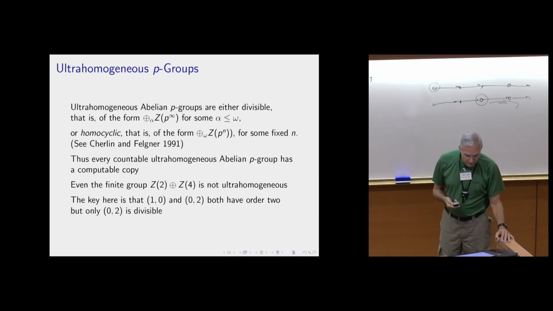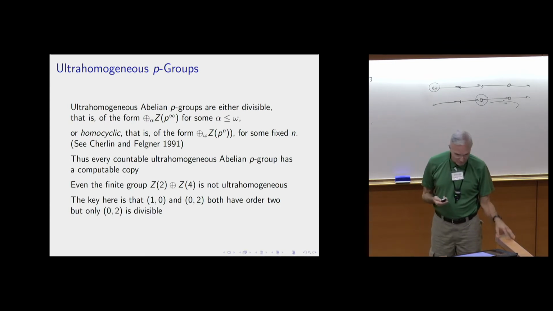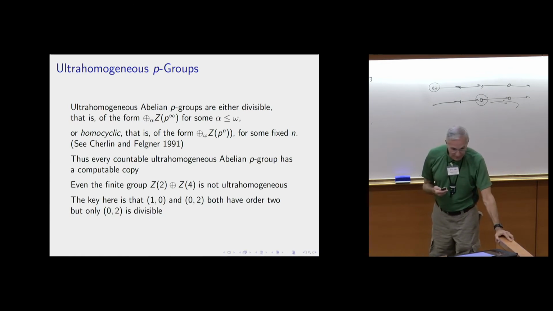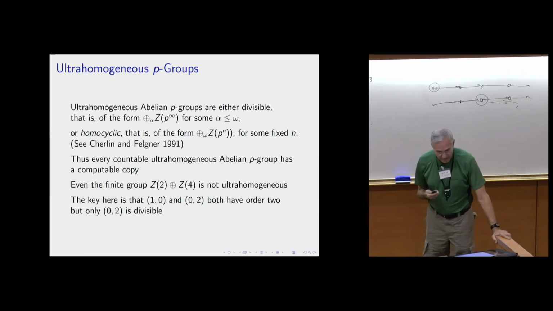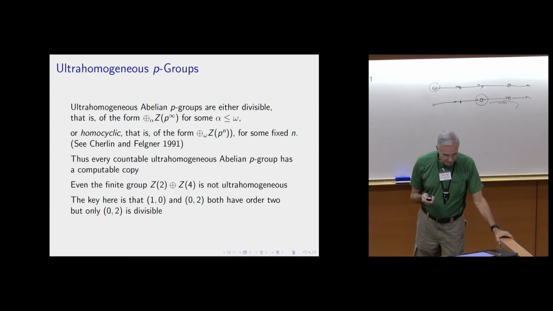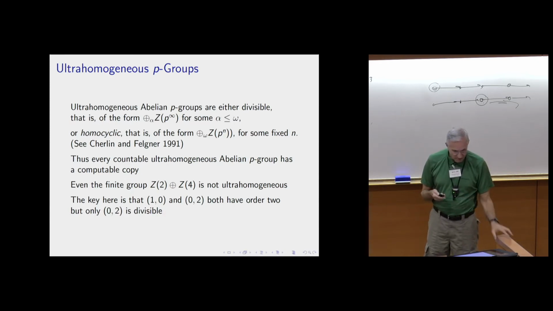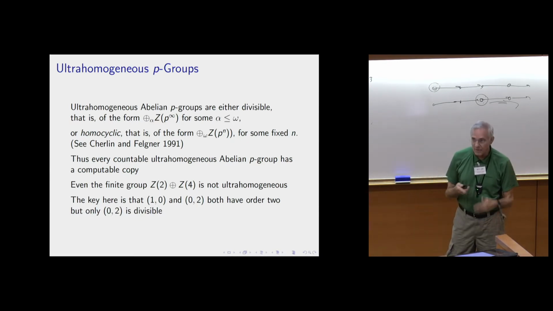So to be ultrahomogeneous, you have to be either divisible, so you could have the divisible group or some number of copies of the divisible group, because there everything is kind of rigid. Given any element, it has a finite order. You simply compute back until you see where it lies in the ordering. And if you have two of these at the same level, like 1/8 and 3/8, they each have order 8, so they are going to be automorphic to each other.